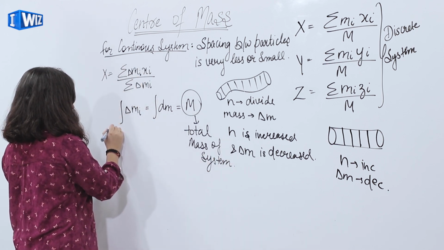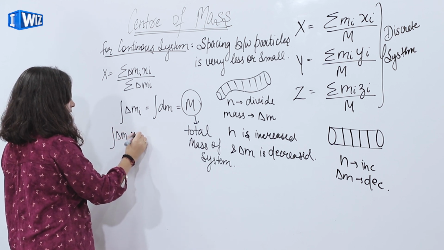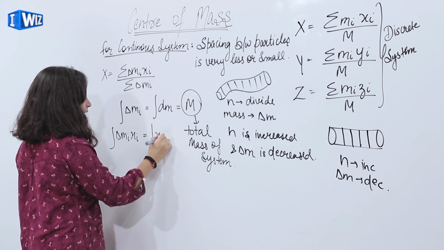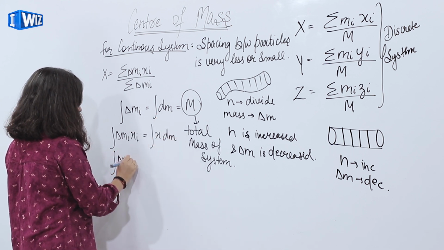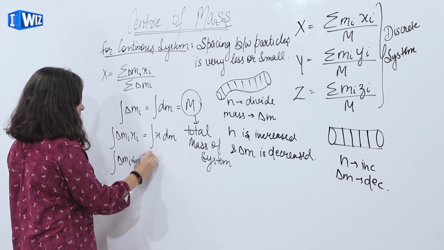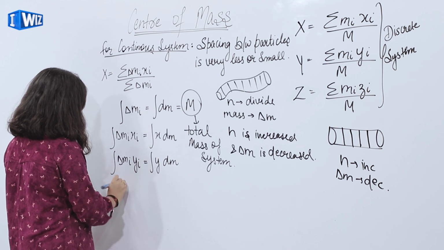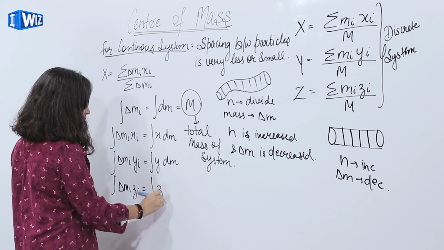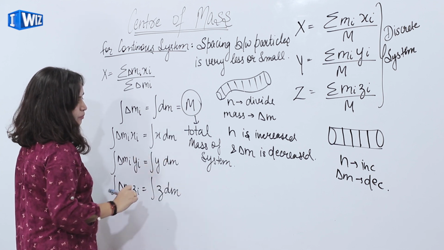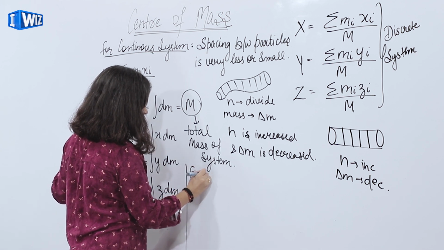Similarly, if we integrate delta of mi xi, we'll get x dm. Delta of mi yi, we'll get y dm. And delta of mi zi, we'll get z dm. So, for continuous body,